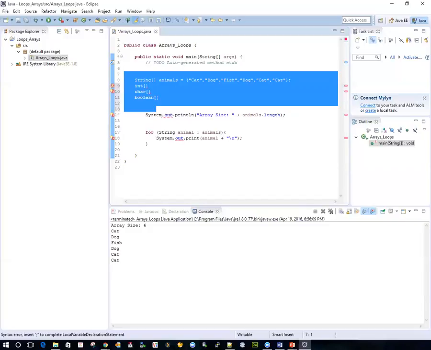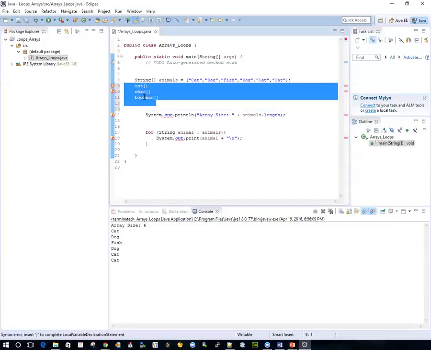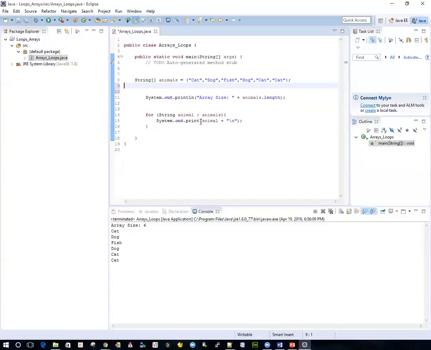Can it count the different animals? Yeah, yes, it can. So we can say